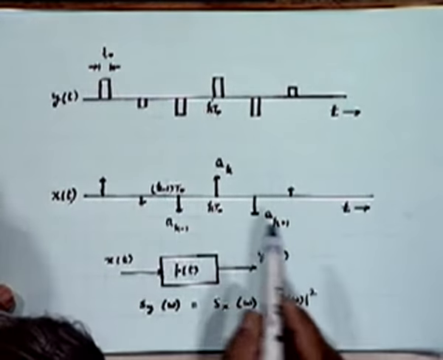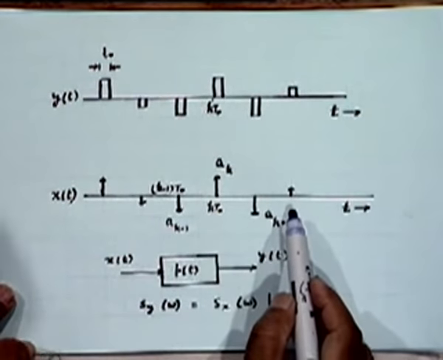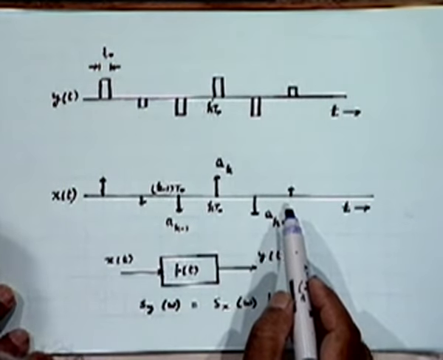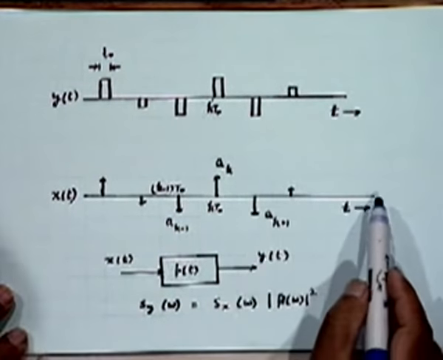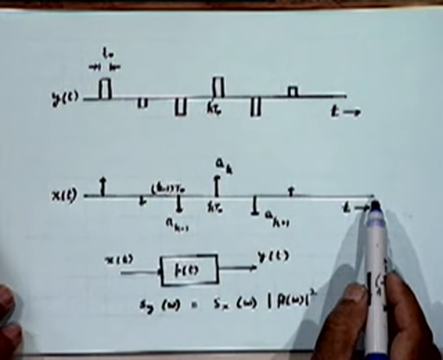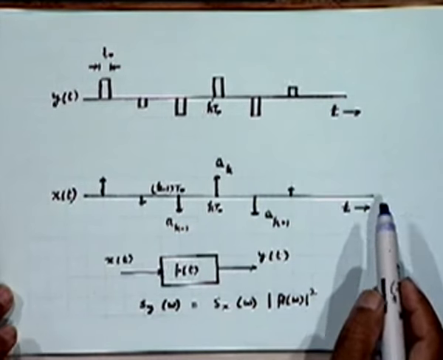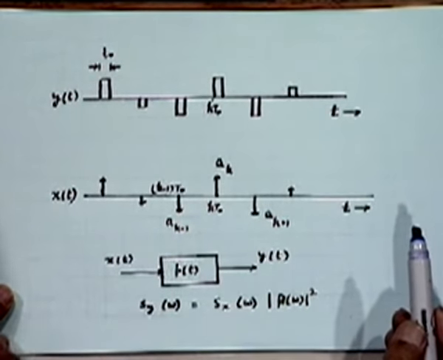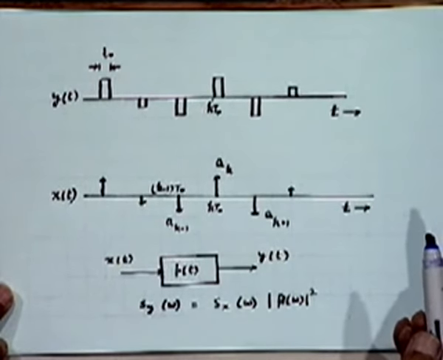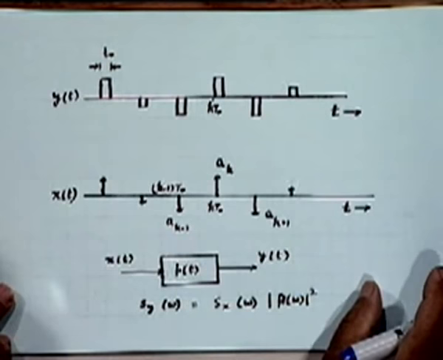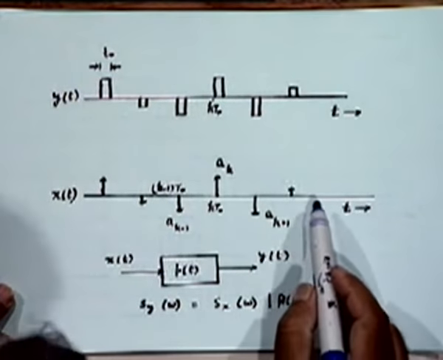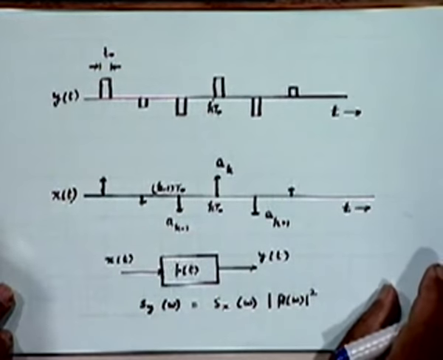We have to realize first that these amplitudes are random in nature, right? And therefore we have to obtain the autocorrelation function of this impulse train, at least the time autocorrelation function, and then what is the relationship between power spectral density and autocorrelation function? They are Fourier transform pairs by virtue of the Wiener-Khinchin theorem that you must have heard of. The autocorrelation function and power spectral density function are Fourier transform pairs. That's the result we shall use, and to do that, what we first need to do is compute the autocorrelation function of this impulse train.